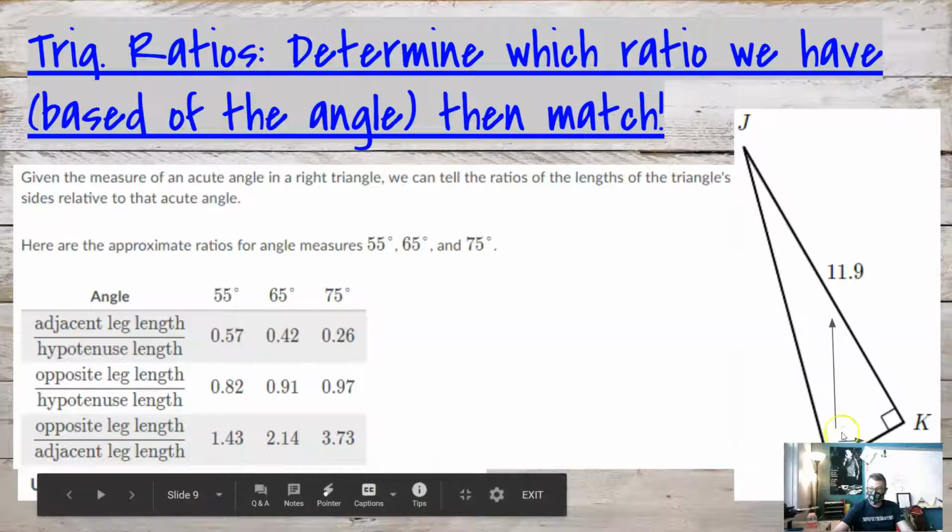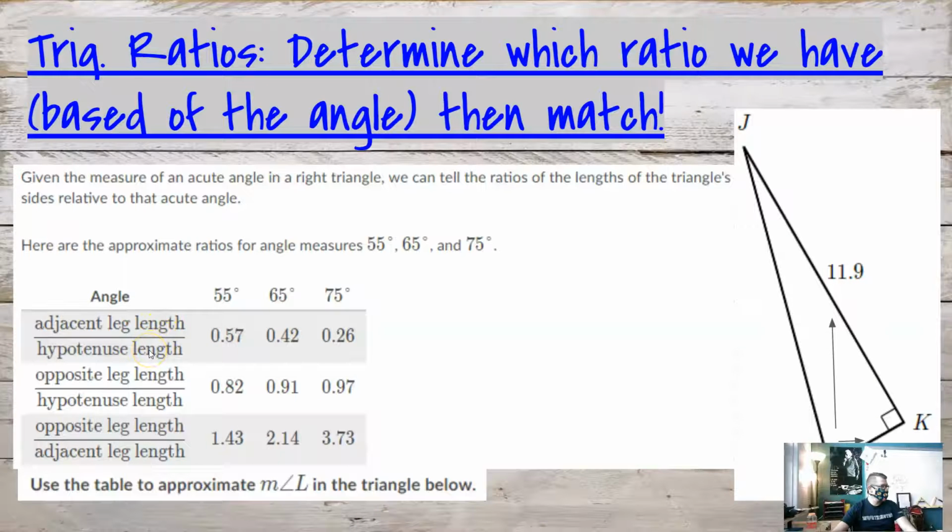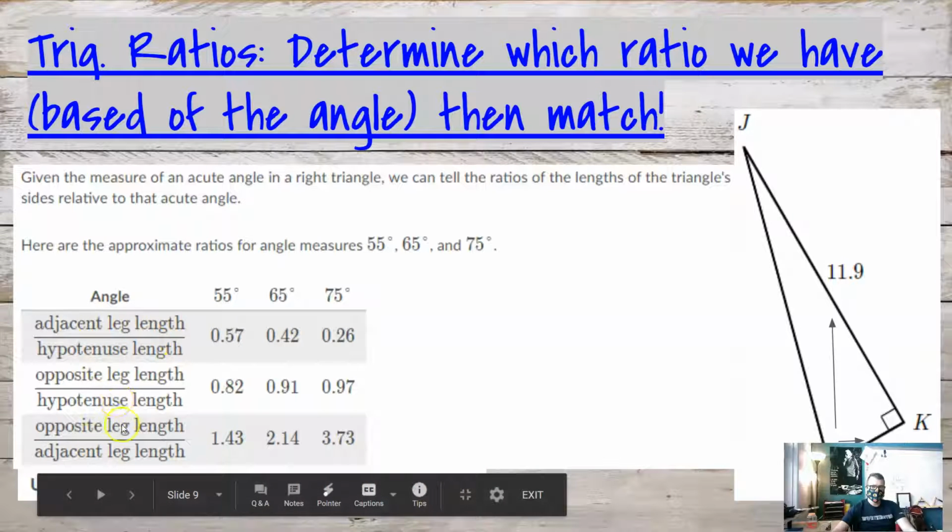No, right? We're not using the hypotenuse because the hypotenuse is across from the right angle. So we're using opposite and adjacent. So we need to come over here and say, okay, what row of this table, made by the really smart mathematician who solved these things, has opposite and adjacent? Okay, the bottom row. So now, with the opposite and adjacent, put the opposite over the adjacent. So grab a calculator